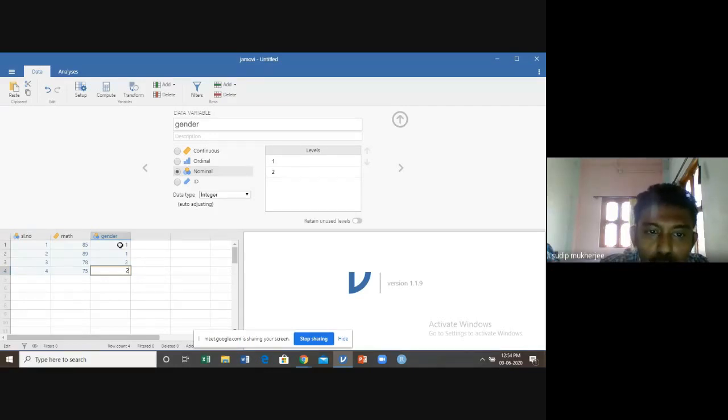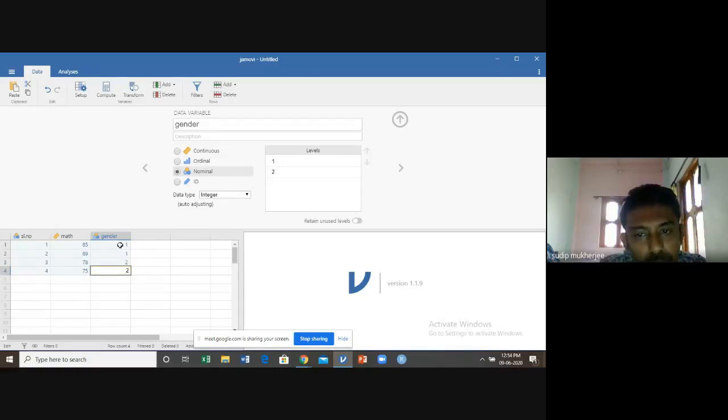Now the obvious question comes from here: what is the meaning of 1 and what is the meaning of 2? So you have to signify the values corresponding to 1 and 2. One can say 1 is denoted as male and 2 is denoted as female.